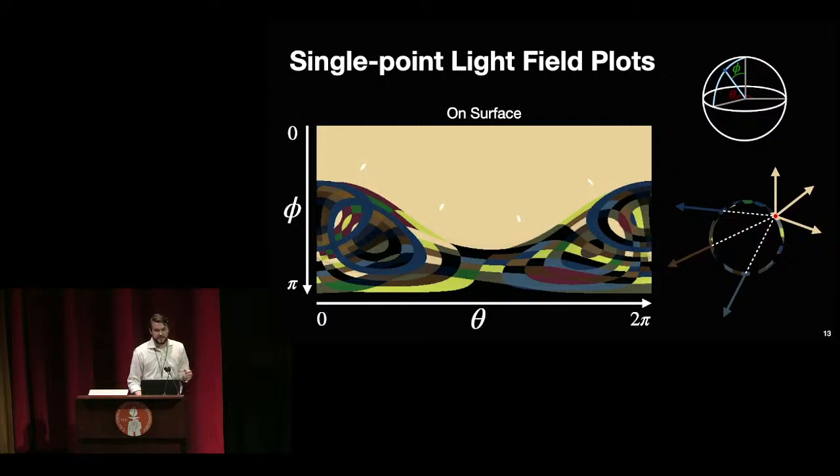We can visualize this for a single point by plotting the radiance that we measure over every possible outgoing light direction from that point, as parametrized by the sphere shown in the top right. If we do this, we can see that the upper half of the sphere is very consistent with the reflectance of that surface point. It's largely diffuse, and there are 4 light sources visible from this point, which result in 4 specular highlights